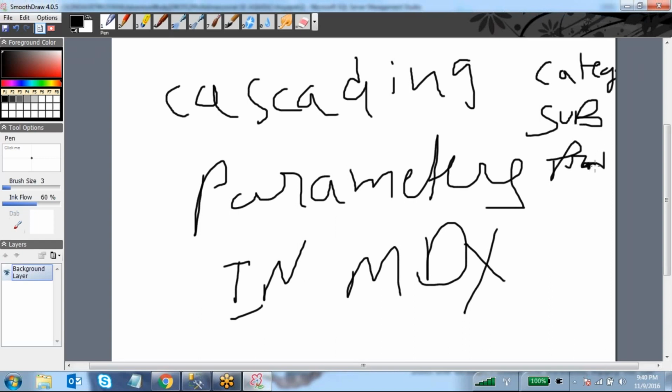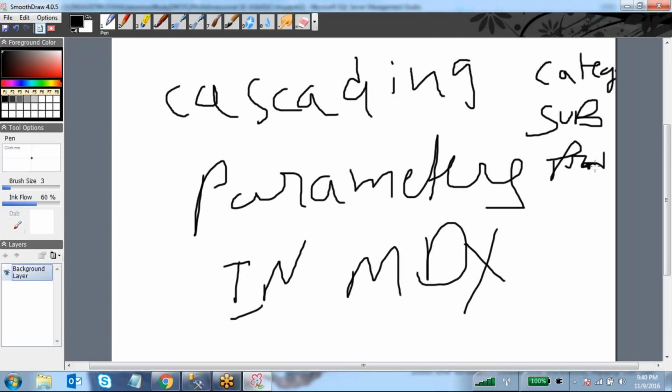Because in my business we have a lot of products, and some of the products belong to some subcategories, and some of the product subcategories belong to a category. So this is the hierarchy, same like a particular territory or a particular country. Under each country we have some states, under each state we have cities, right? So when we are creating this SSRS report,